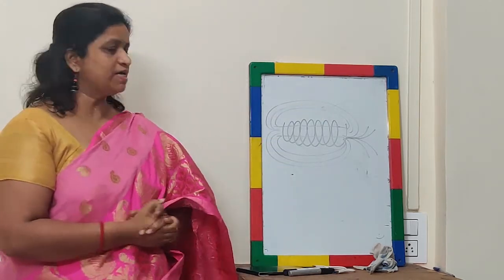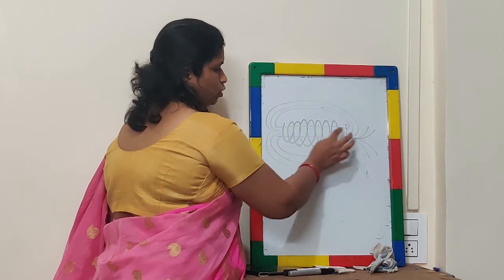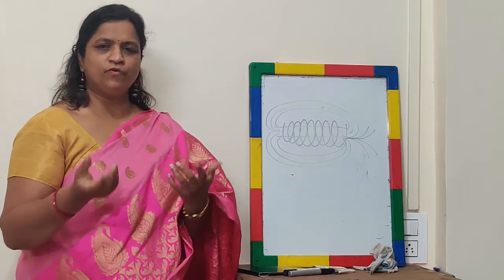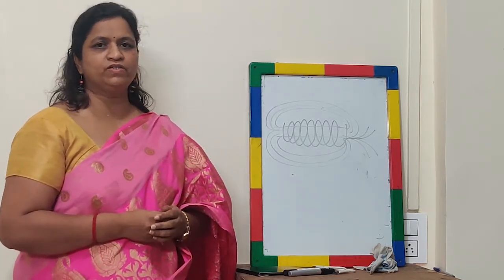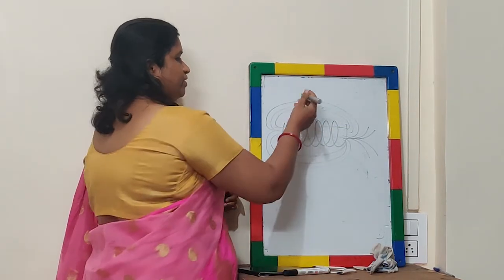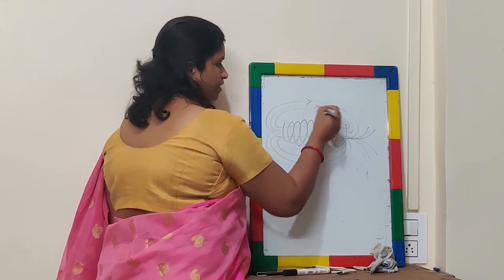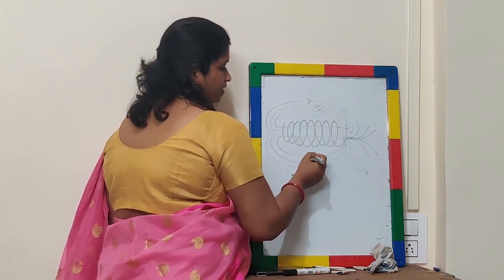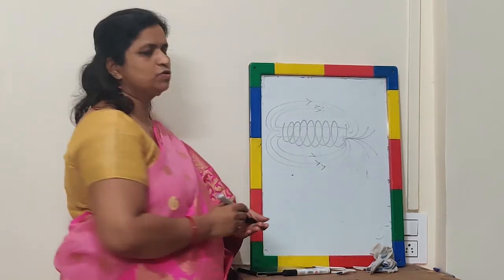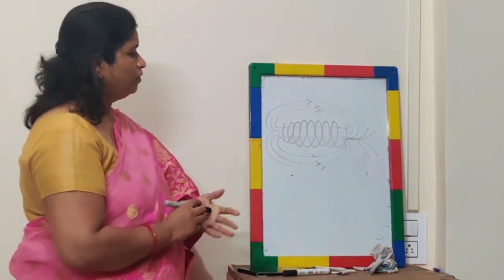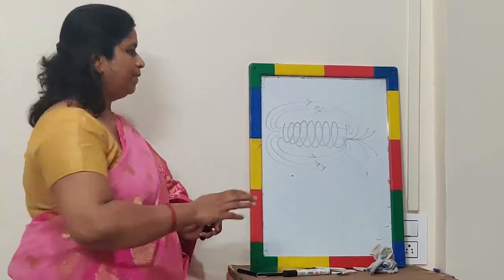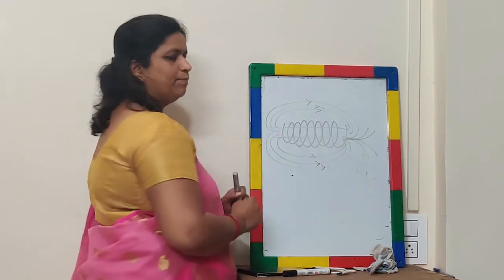As well as that, of the two ends of this solenoid, one will act like a north pole and one will act like a south pole. If we bring a compass needle, it will show deflection. So here we have a south pole and north pole, and obviously the direction of the magnetic field lines is also present here. Like this we can get a bar magnet using a solenoid. Now, which is the north and which is the south? I will give one hint for that. But just see here, a solenoid can act like a bar magnet.